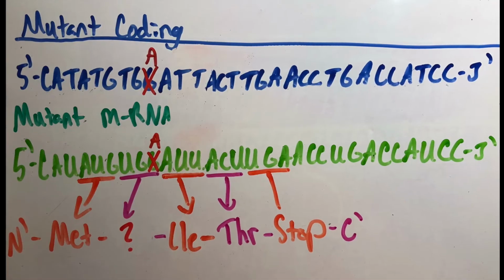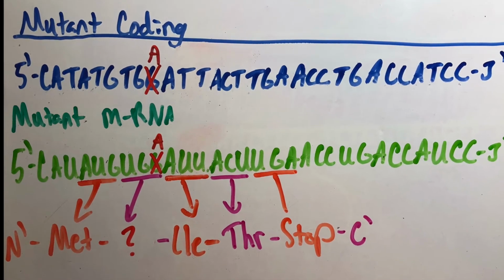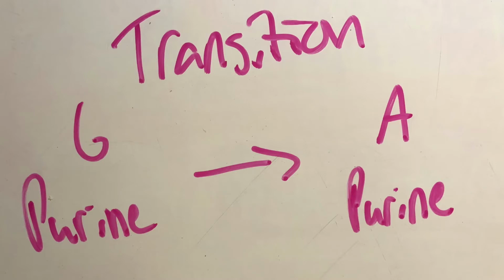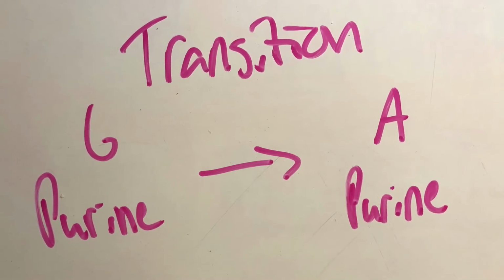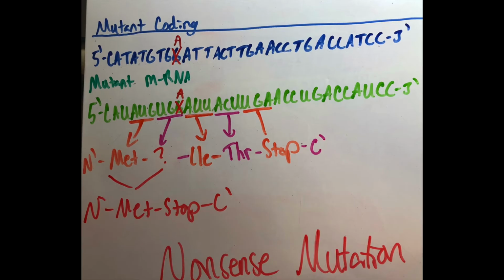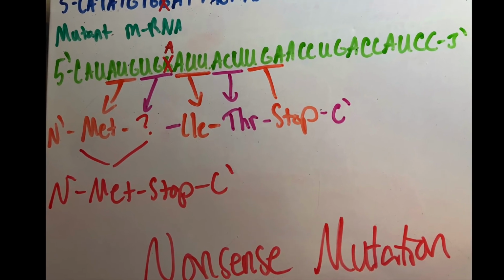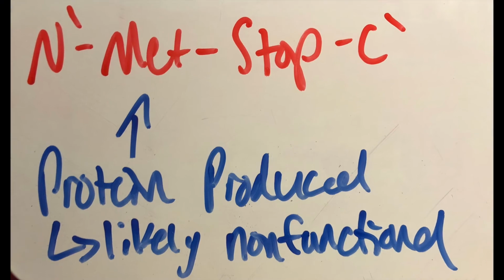If a mutation causes a stop codon to be produced, this is known as a nonsense mutation. For example, in this mutated strand, the UGG of the wild-type mRNA has changed to UGA. The mutation of G to A will be a transition since it is a purine to a purine. More importantly, the resulting amino acid will only be the methionine and then stop, which will almost certainly result in